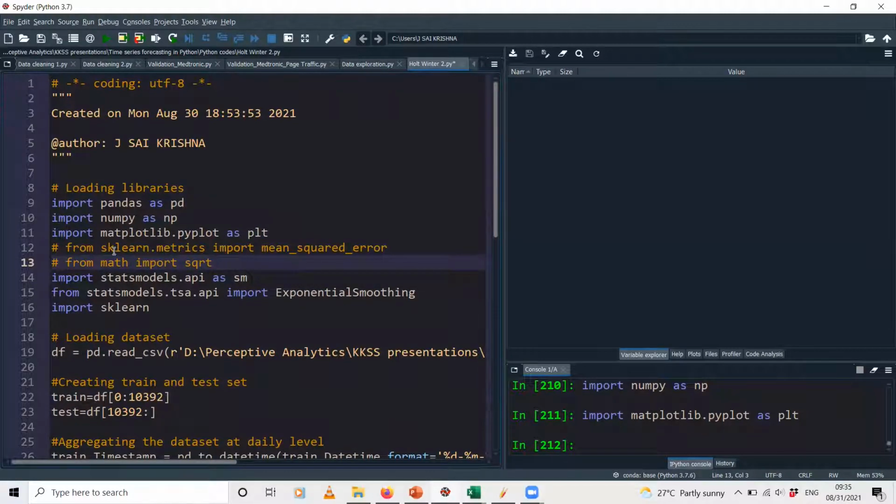There is a library called scikit-learn, which has been abbreviated as sklearn. From this library you import this metric called mean squared error. This will give you a function which you can apply directly. Otherwise, you will have to write a custom function to calculate this mean squared error. If you import this library, you can use it directly and you don't have to define that function step by step. And similarly,